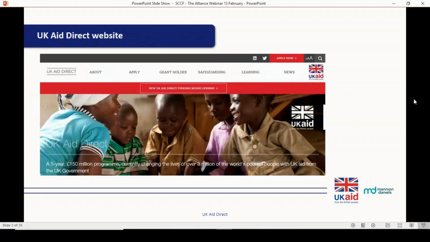So moving on, hopefully you've all been to and familiarised yourself with the UK Direct website, but this picture here is our landing page, so you may have already seen it. It really does contain a wealth of information covering the funding rounds. It details the eligibility criteria for all our different funding rounds. It includes frequently asked questions and guidance documents.